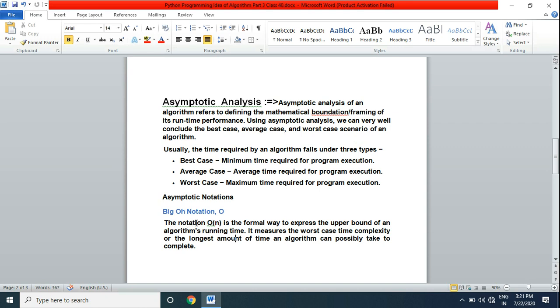The notation O(n) is a formal way to express the upper bound of an algorithm's runtime. It measures the worst case time complexity, or the longest amount of time an algorithm can possibly take to complete.